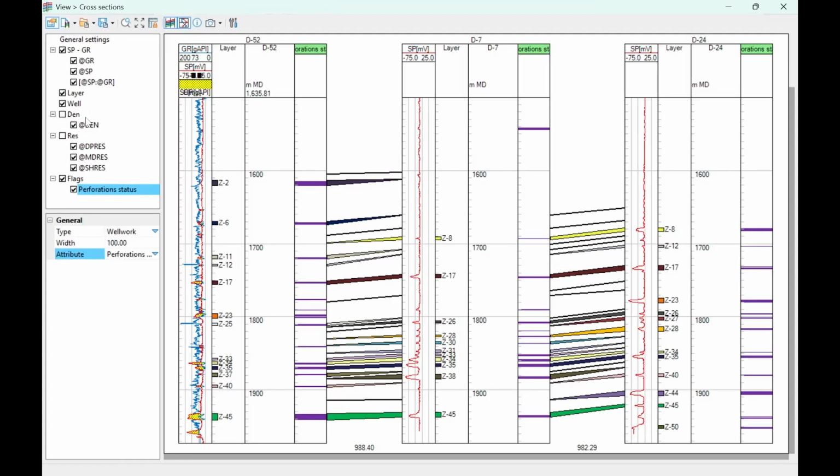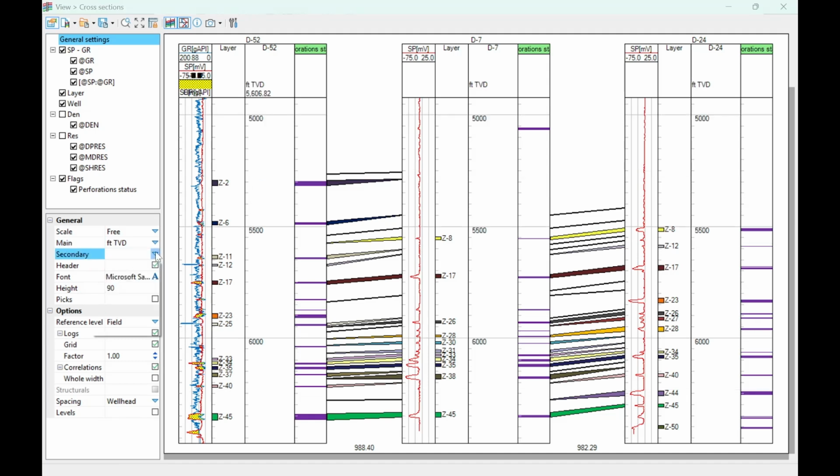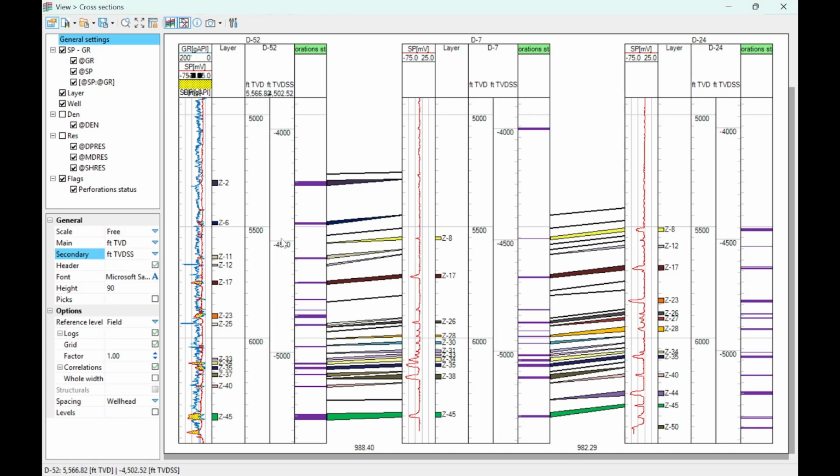Here another thing we can do is modify the scale. For example, we can modify it here. If I want to use feet TVD as the main scale, we can also have a secondary scale. For example, here feet TVD sub C, so we have a common point of reference here. And also you can change your reference level